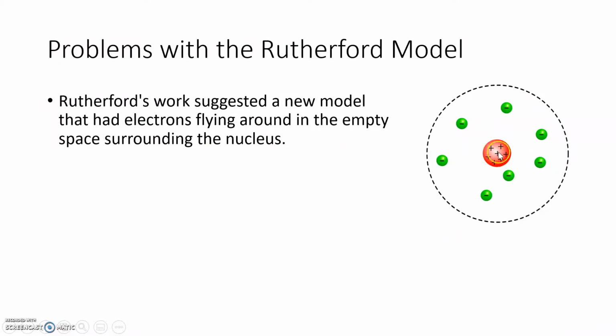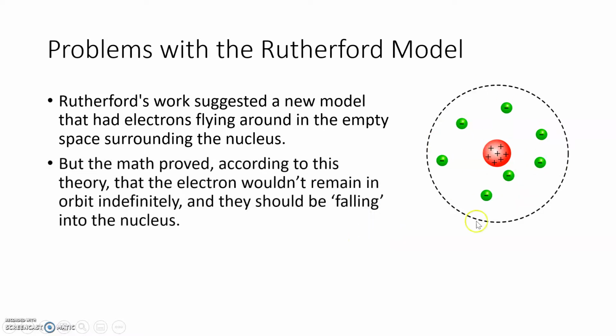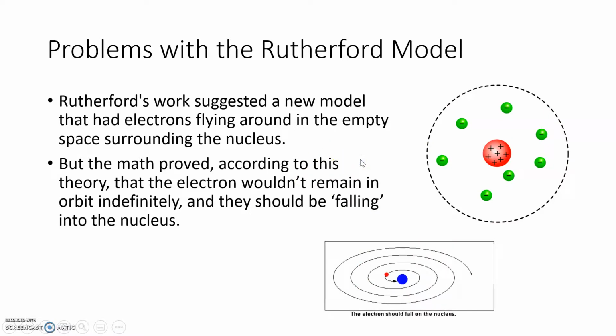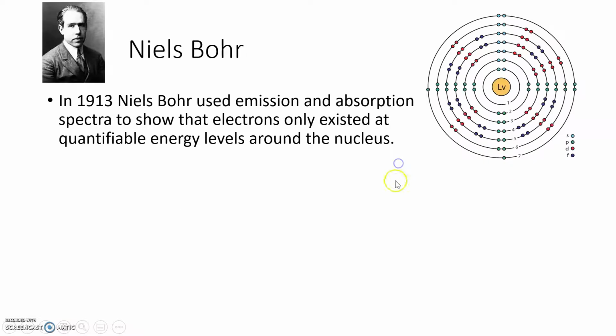So that led to a new model. Now we've got Rutherford's model. We have this small, dense core of positive charges, and the electrons just kind of fly around in that empty space surrounding the core. But the math on this just didn't work out. Scientists couldn't figure out, hey, according to math, these electrons would eventually crash into the nucleus. There's nothing holding them out in that open space. So we knew that this model wasn't correct, and it wasn't very long before we got a new model from